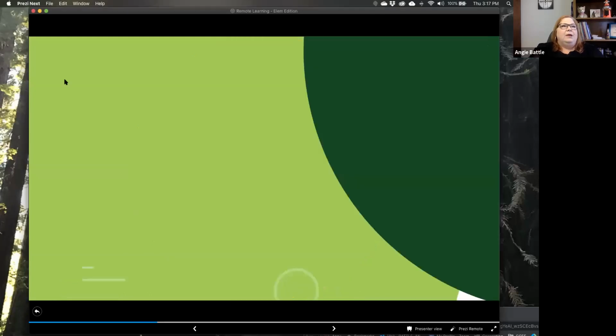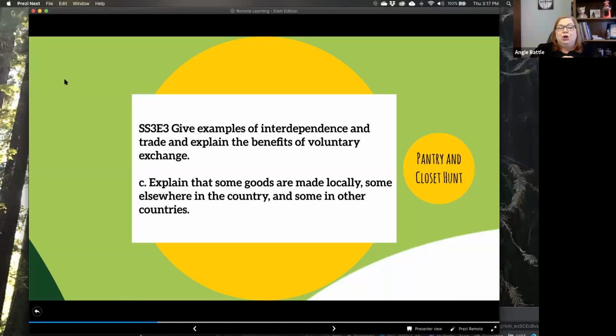There we go. Okay, so what we're going to do is look at three of the standards, so we can be sure that we're teaching exactly what we should be teaching. This is a third grade standard: give examples of interdependence and trade and explain the benefits of voluntary exchange. The specific element is explain that some goods are made locally, some elsewhere in the country, and